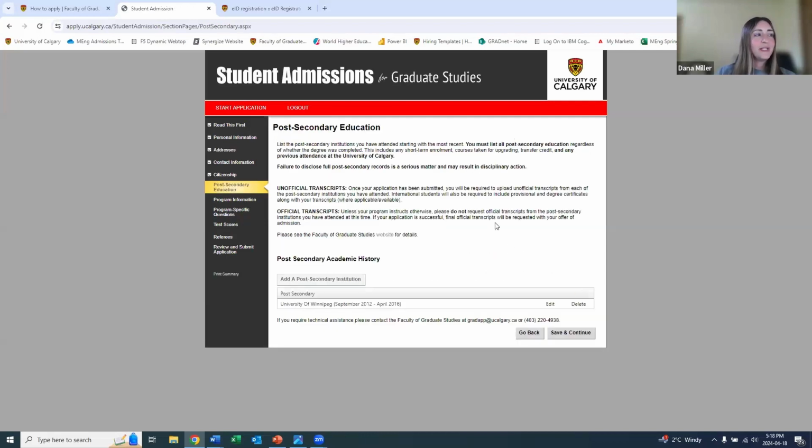All right, so here we're going to start to enter some more personal information about your academic record. This is the page where you're going to enter every single post-secondary institution that you've attended. There is a sentence here at the top that talks about including any institutions you've attended for short-term enrollment,